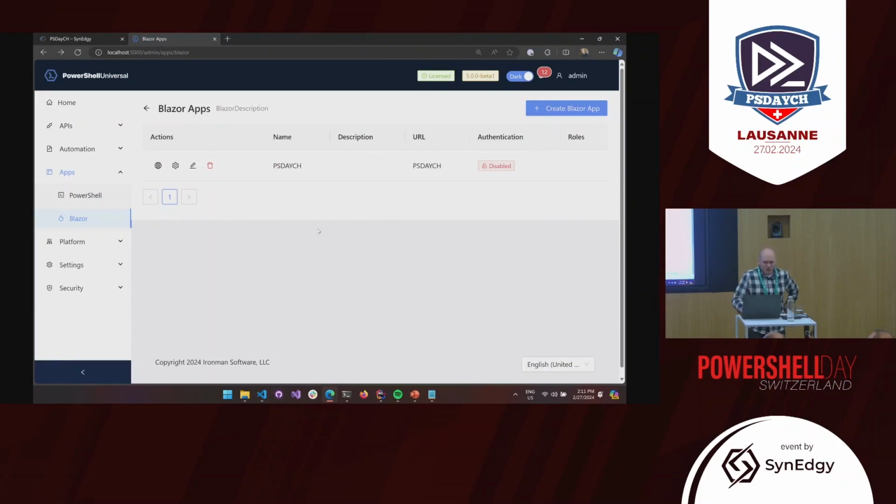And these Blazor apps are going to use our PSBlazor technology to allow you to create interfaces. And what's kind of cool is this whole admin console, like if you saw my last session, looks very similar, but we actually built the whole admin console in Blazor. It's using the same